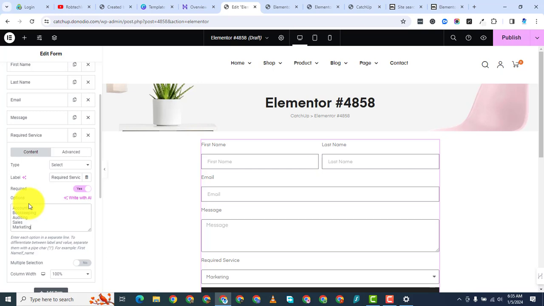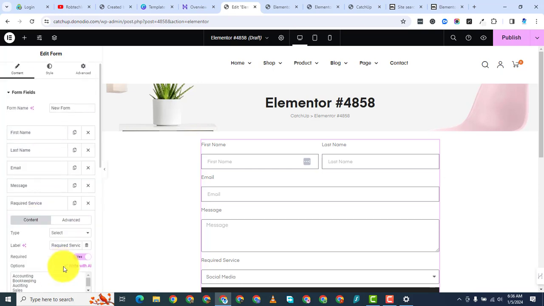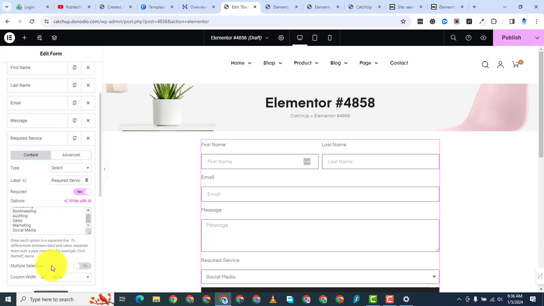Maybe these are the services we offer. And then we can also say maybe social media. So these are the list of services we offer. I'll go ahead and make this to be 50% too,